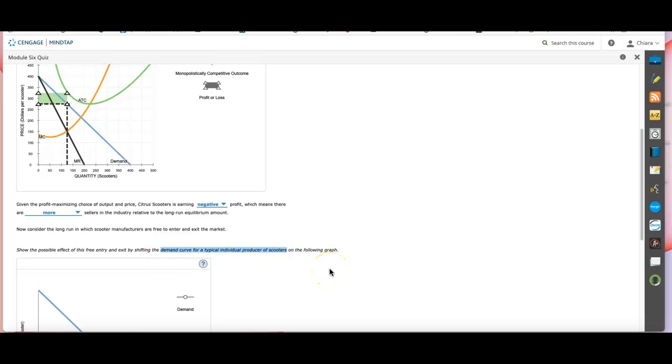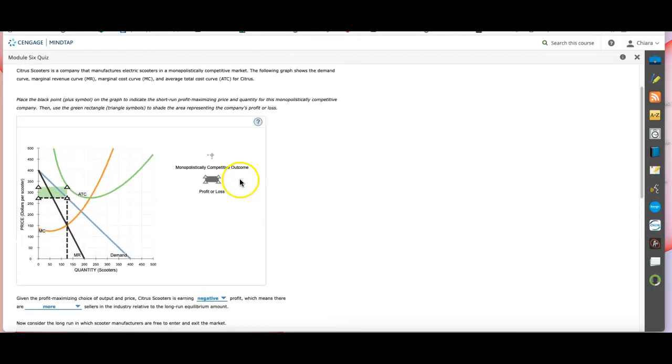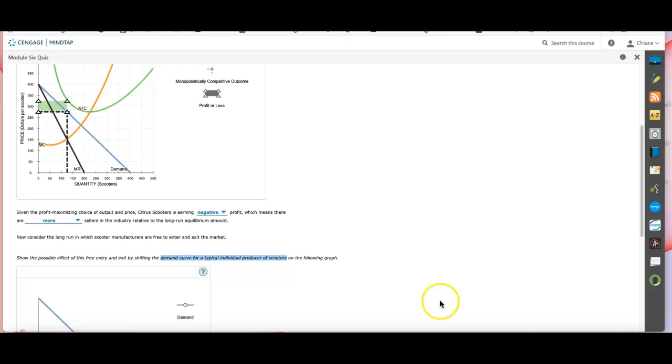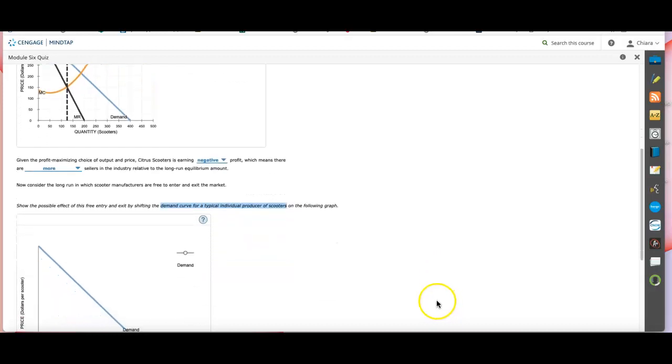So don't be fooled or get confused. Here on the top, we're looking at the company's profit maximization quantity and price. But now, when market sellers enter and exit, the market supply will shift, but it will cause a change in the demand curve for the individual firm. So what's going to happen? We said that there's a loss. Firms are going to exit the market. So there's going to be fewer